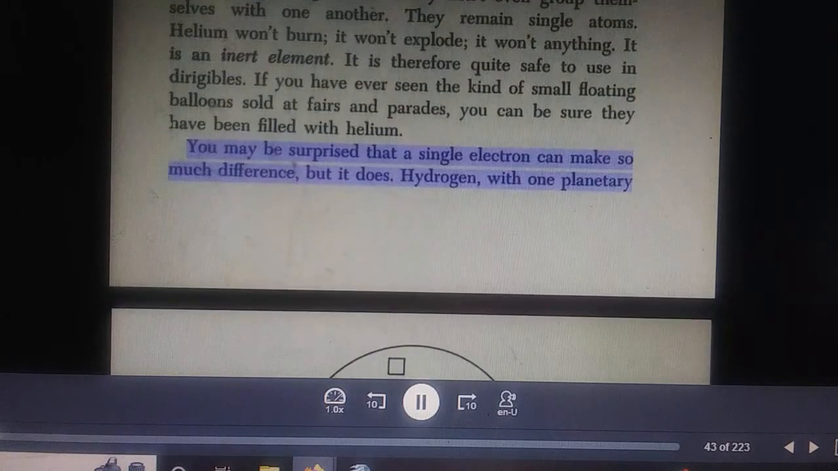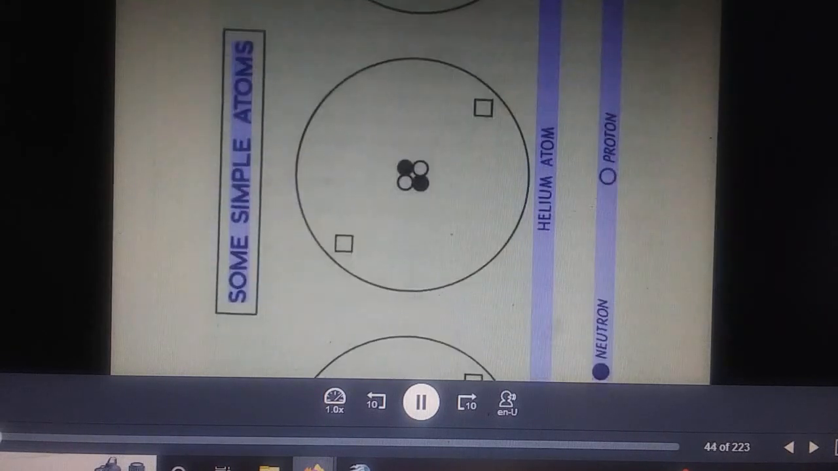You may be surprised that a single electron can make so much difference, but it does. Hydrogen, with one planetary electron in each atom,